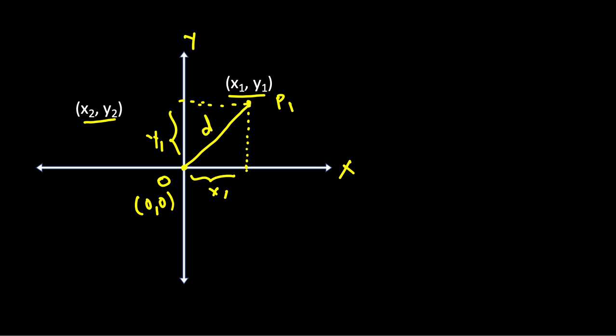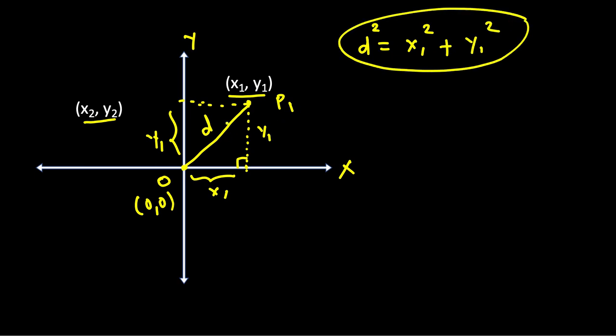So you see that this is a right angle triangle, and this angle is 90 degrees. So we can apply Pythagoras theorem. Hypotenuse square, which is d square, is equal to base square. Base is this x1 square plus perpendicular, this length is y1 square. So we got the square of distance, and since distance is positive, we could take the square root of this,